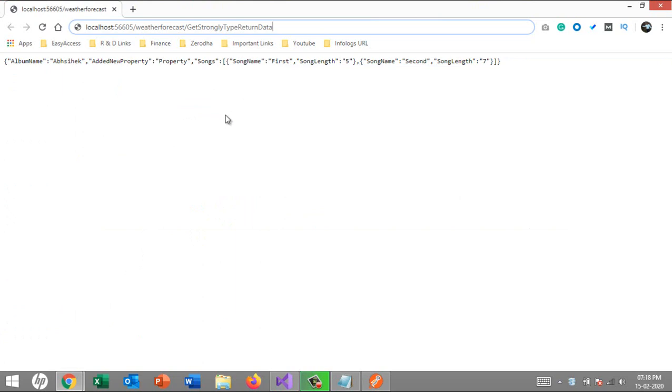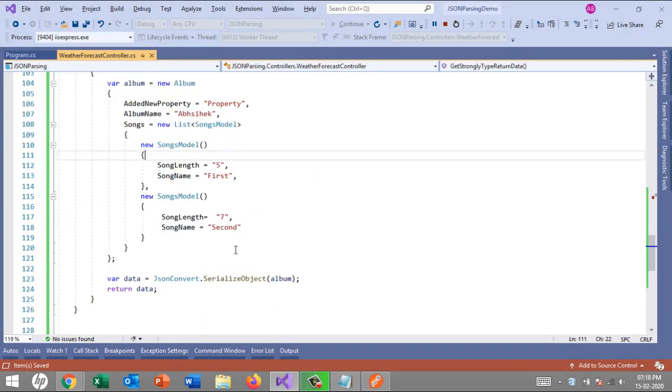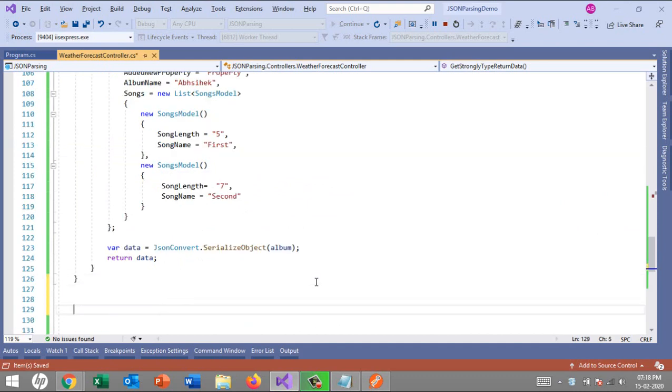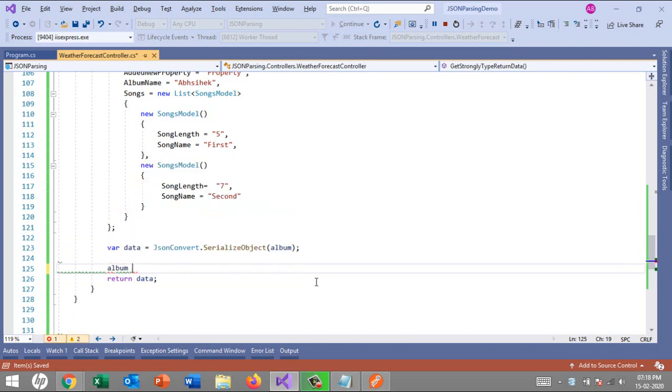Perfect. This is our perfect album, and it generated the string because it took this one by default. Okay, and now again, let's say serialized object, and for the confirmation, we'll again make it class Album, my album equals